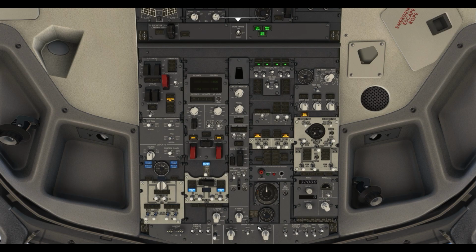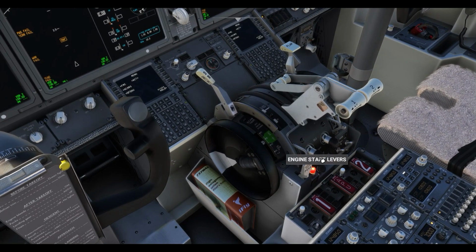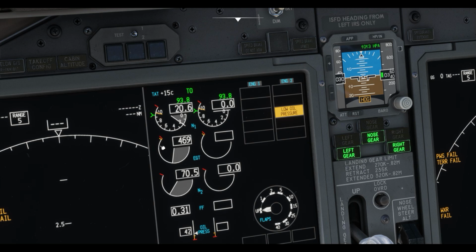Okay, it's now time to start the engines. So we'll flick the ignition switch over to the left engine and we'll set engine number 1 to ground. Heading down to the pedestal, we'll introduce fuel by flicking up the engine start lever for engine number 1. When the N1 reaches 20, you've got a good start on engine number 1, so you can now repeat the